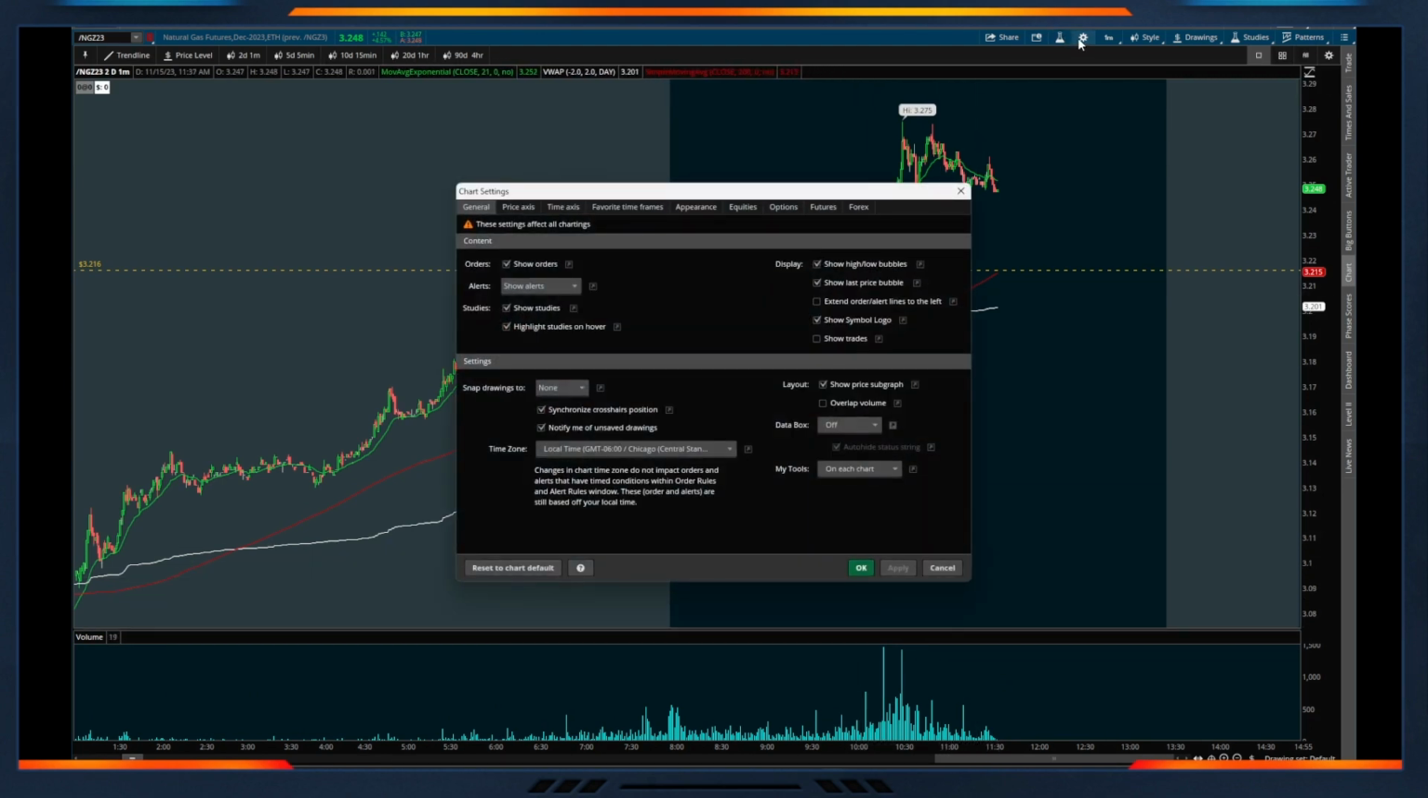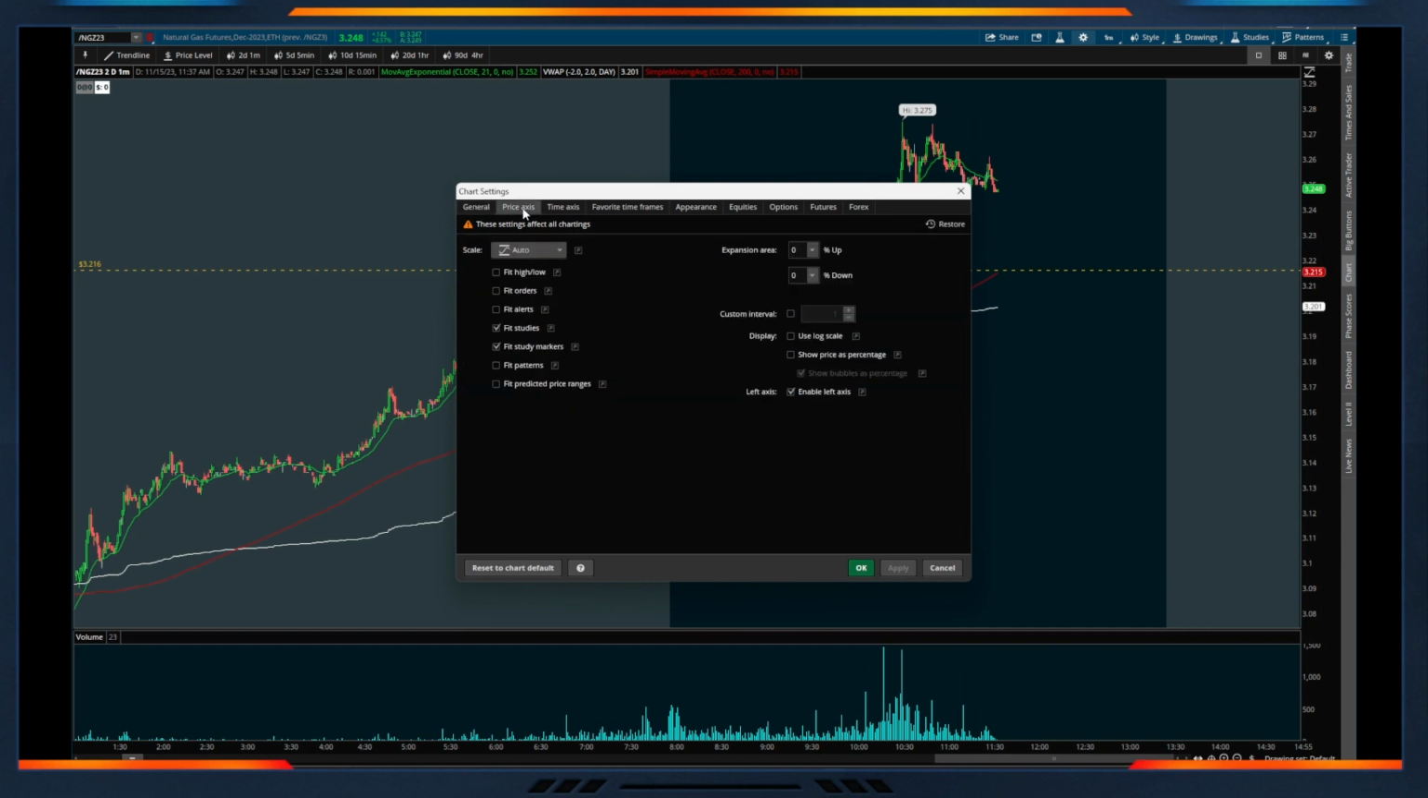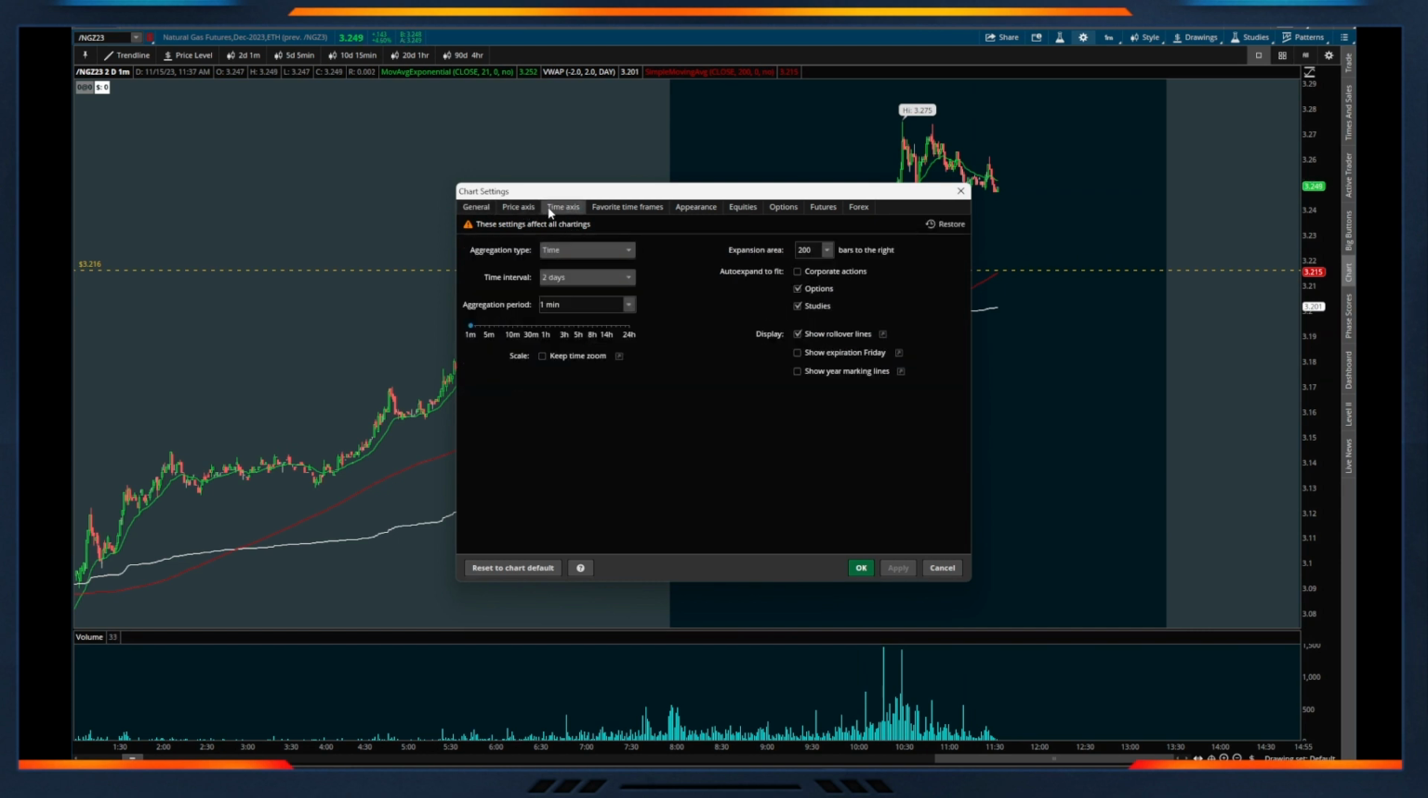If we go back to the settings, we can also control a few other things. If we go to our time axis, I also like to have some expansion room to the right, which essentially opens up a little bit of the chart. If this is at 0, essentially the chart will stop at the current price bar, so there is no space to the right. Visually, I like to see this with a little bit of room to the right